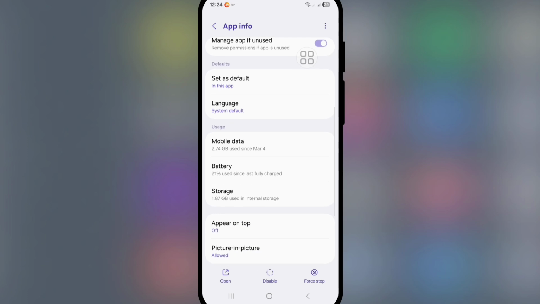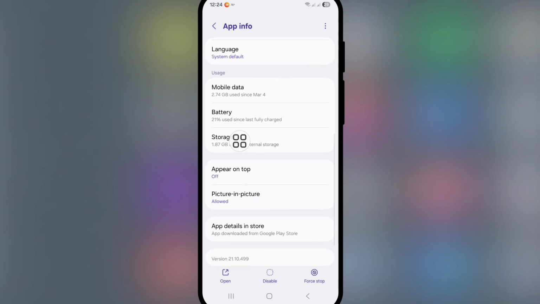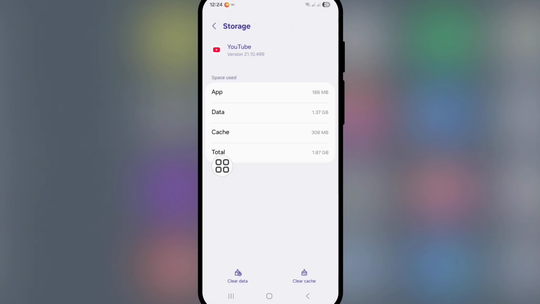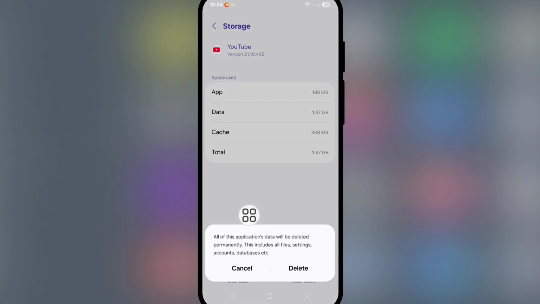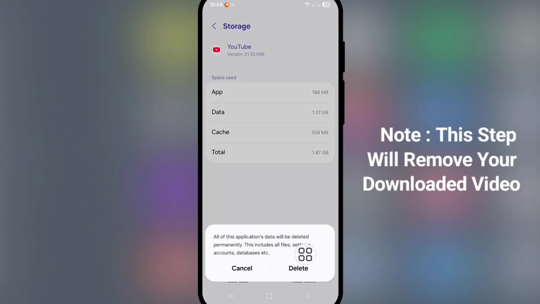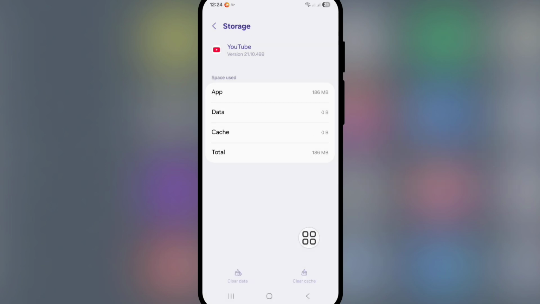Now go to storage option. Tap on clear data. Tap on delete. Now go back to home screen